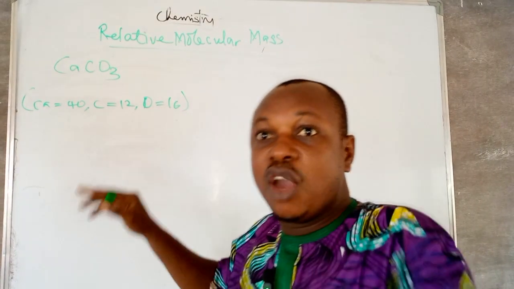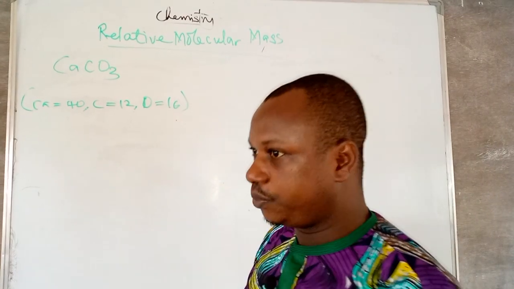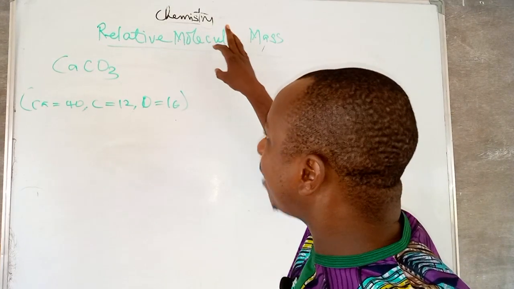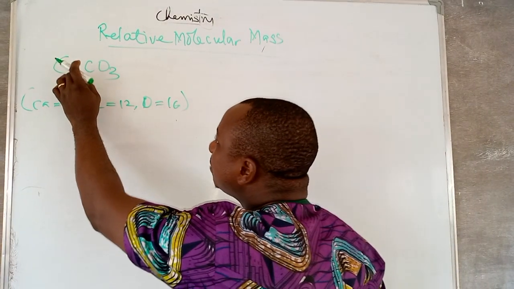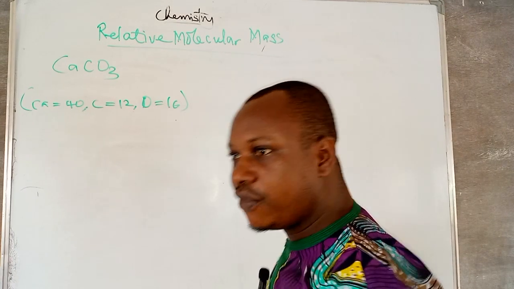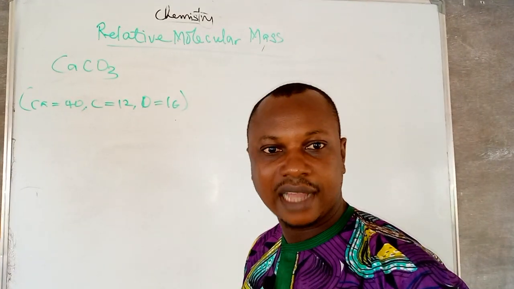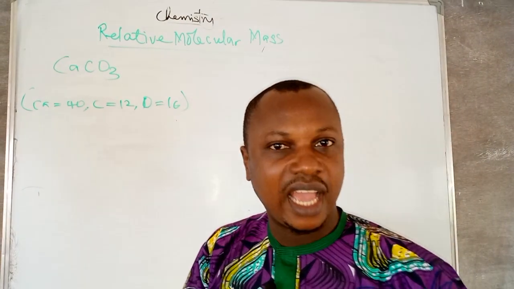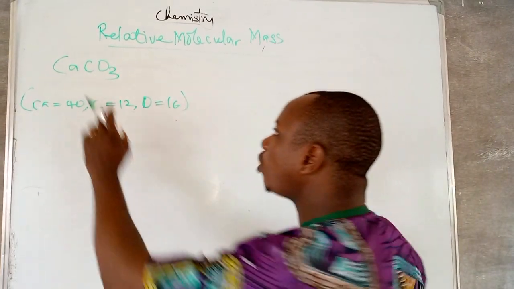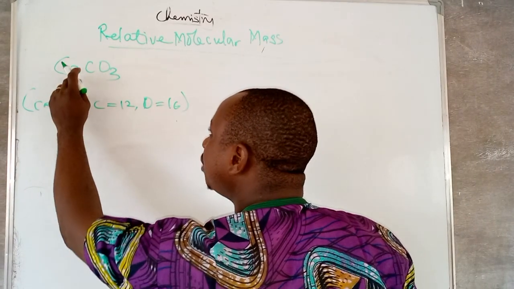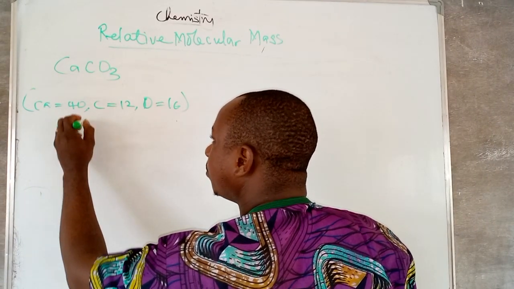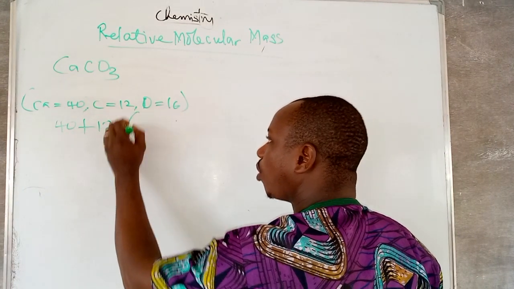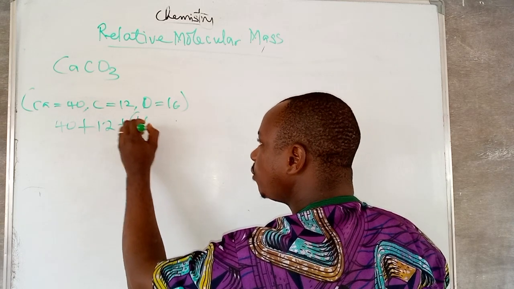So if you are lucky, they will put it in brackets for you. So it is very simple. Don't forget that we are dealing with relative molecular mass. Now, let us calculate the relative molecular mass of this compound. If you remember what I told you when we were starting, it is done by adding the relative atomic masses of the elements involved in that compound. So this one, calcium, relative atomic mass is 40, plus carbon is 12, plus oxygen is 16,